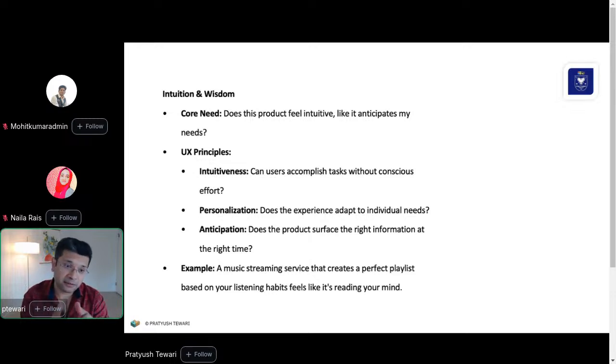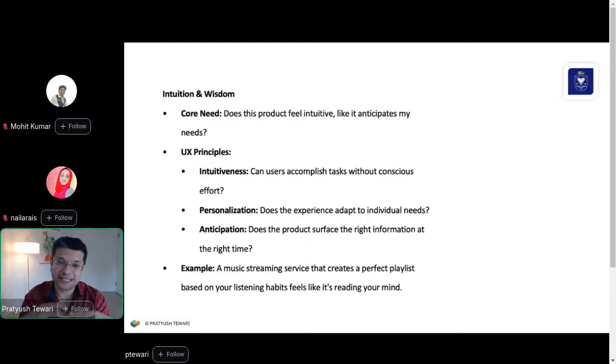So is your product very intuitive, or does it anticipate my needs before I even want them? There are a lot of examples in there. I'm sure with the products you love, look through them and see where the designers and the developers have put focus on anticipating your needs and then giving you details beforehand. Catch those ideas and then incorporate them into your product.